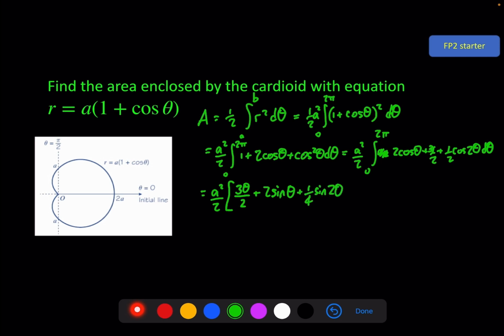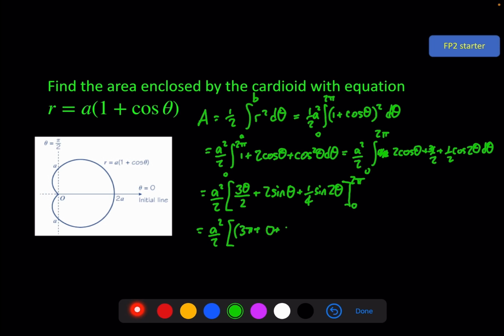All of that from 0 to 2 pi, and now we see the wonders of sine, because for 2 pi and 0, these are both 0 for both of these. And of course for 0, this is also 0. So out of our 6 terms here, 5 of them are 0. So we've got a squared over 2. I'll make that really clear for the examiner by putting 3 times 2 pi over 2, so that's 3 pi